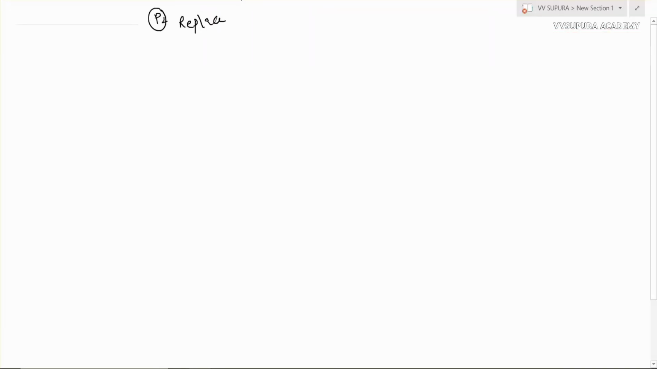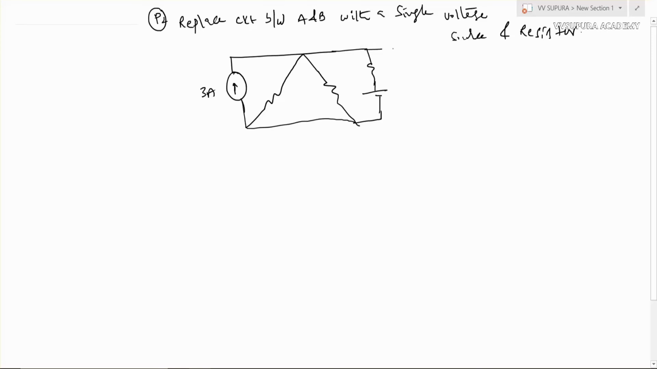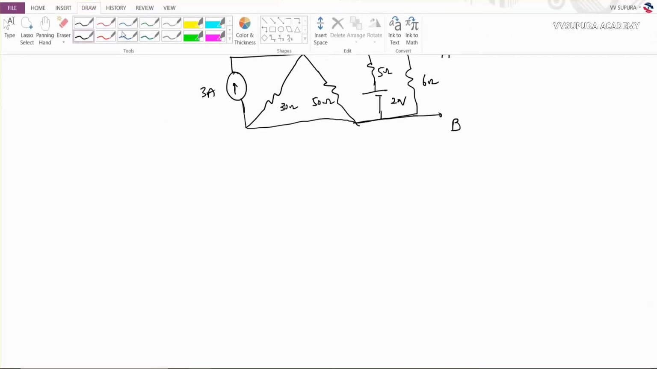Replace the circuit between A and B terminals with a voltage source in series with a single resistor. Obviously, if it is a voltage source, we should connect the resistor in series. Okay, so the network is given like this. It seems to be complicated, but after understanding it will be easy. This is the question they gave. So we have to replace this network with a single voltage source and